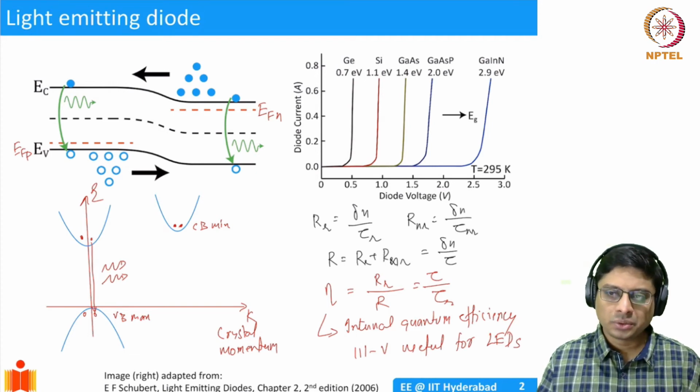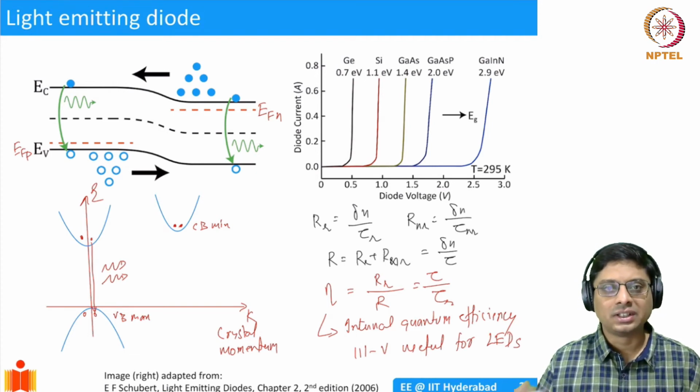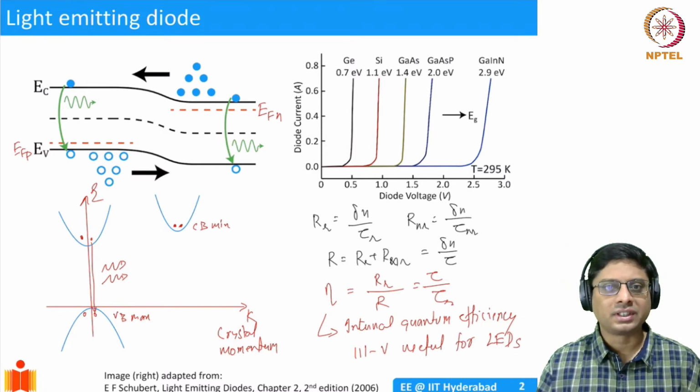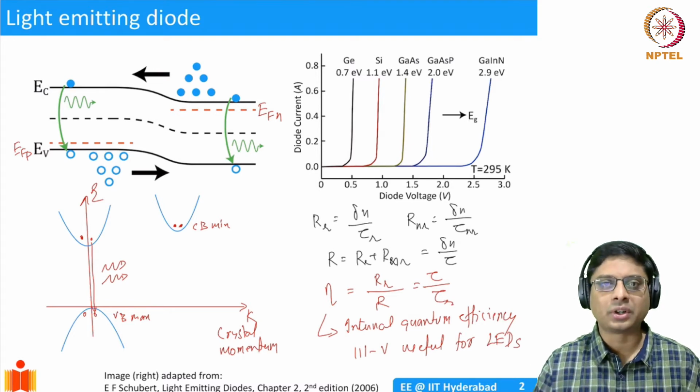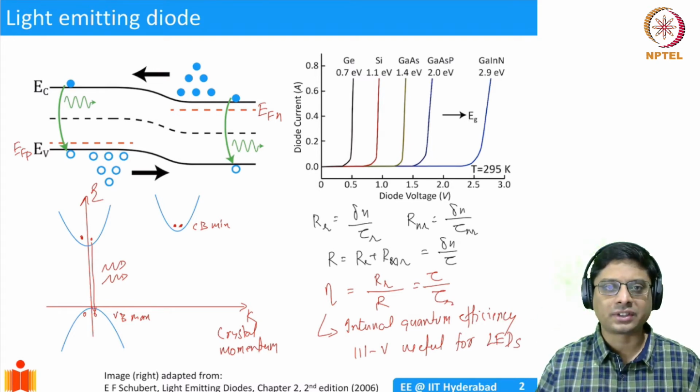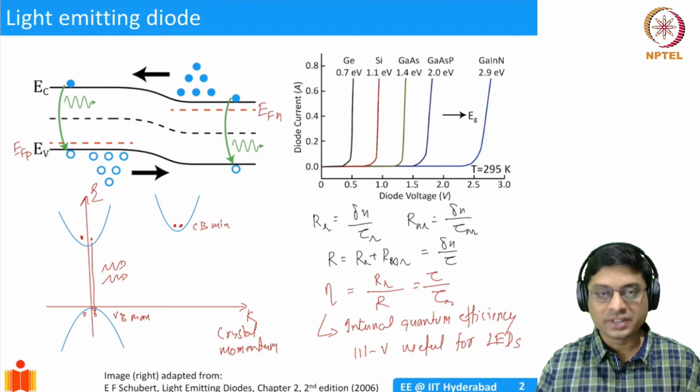In fact, we use some of these 3-5 nitrides for high power applications. For example, in your power electronics and switching, in the supply of voltage, supply of current to the home and all that, right? We have these high tension wires and stuff like that. So where you want to have high power electronics, which can withstand large voltages. Our regular silicon-based PN junctions will break down within a few tens of volts.